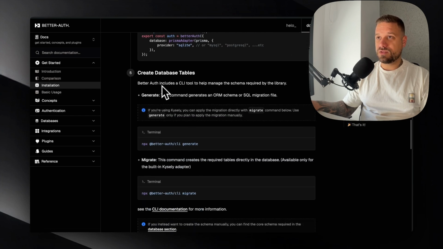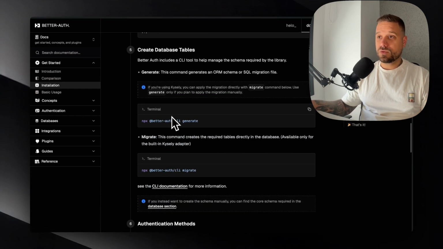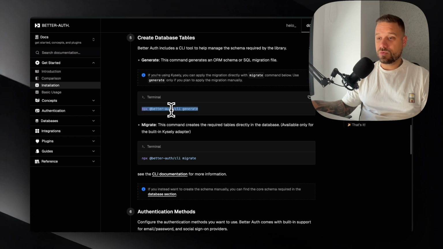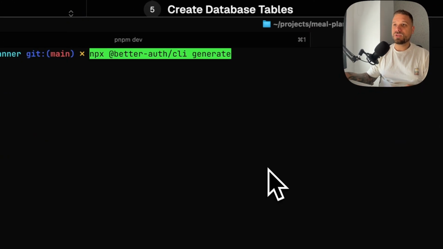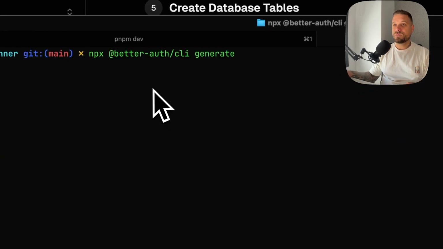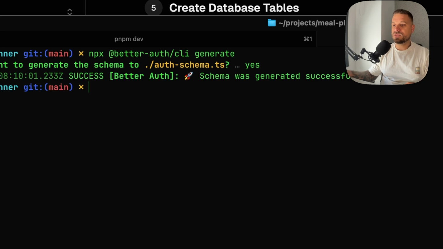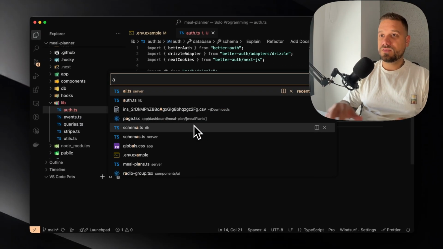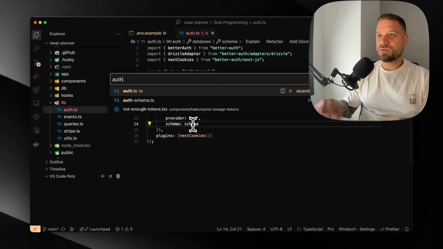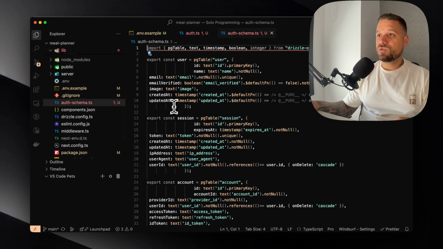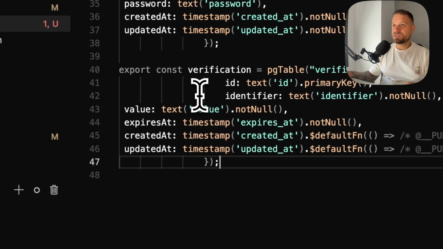So here, create database tables. So we can run the generate command. That one is going to create tables for us. So I'm going to run that one right here, generate. They have this really nice command and yes, we are going to generate auth schema. There it is. So now let's find it, auth schema right here,